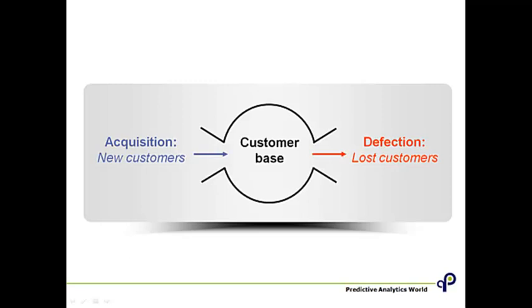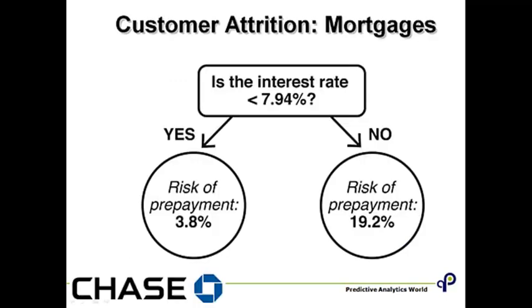However, retaining customers can be expensive, often requires a hefty discount, a free phone if you're a cell phone company, this kind of thing. Not the kind of expense that you can incur across your entire base of customers. Therefore, by definition, the only effective way to target these retention discounts efficiently is by way of predicting who's leaving. So for example, here's the makings of a decision tree from data with Chase Bank on their mortgage customers,